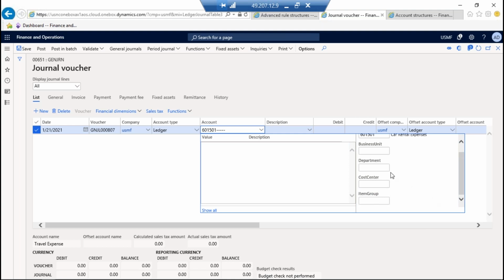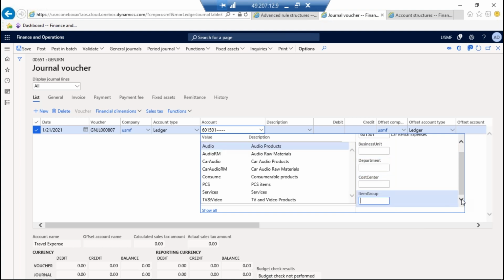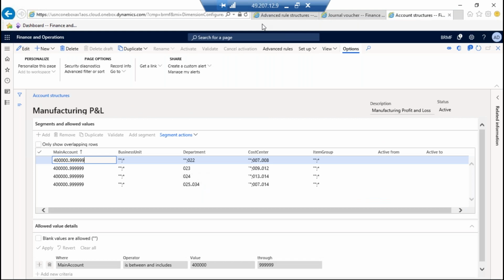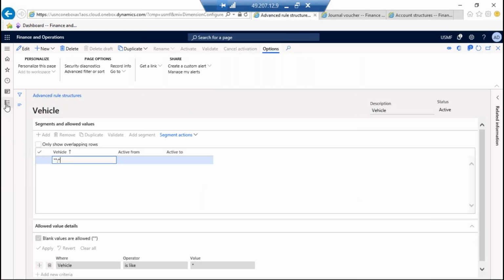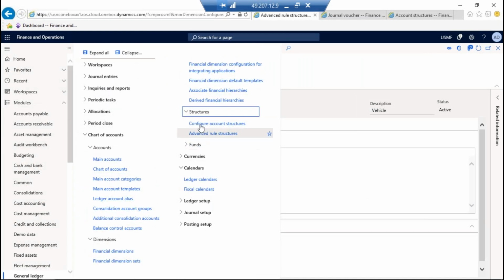I don't have masters for vehicles, but there is business unit, department, cost center, item group. For this account, vehicle is available. Actually, I have not created any masters for that vehicle. That is the reason it is showing like this. We need to enter vehicle details in the financial dimensions, in the financial dimension values. So if you go to financial dimension values,